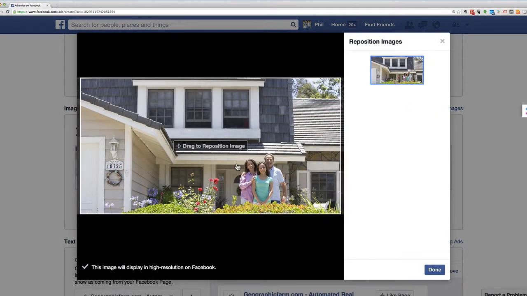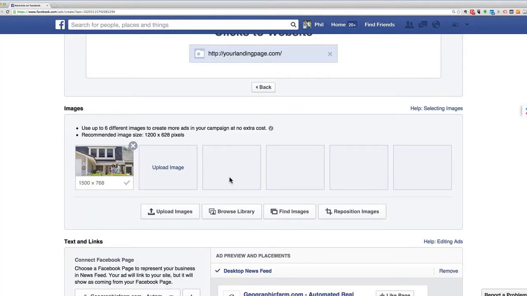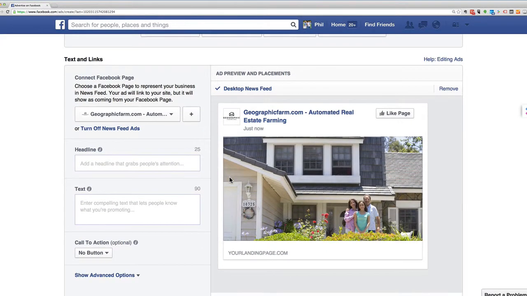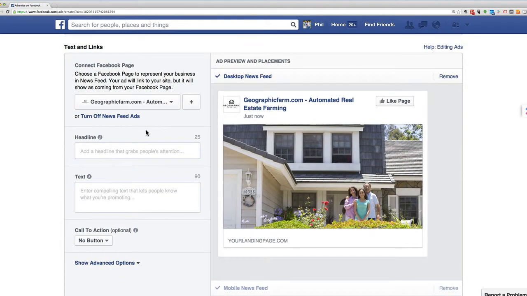There's not too much on this particular photo that can be moved back and forth just a little bit, so I'll go ahead and leave it in the center. But you can also resize it and click done. Now if we scroll down to text and links, the first step we want to do is